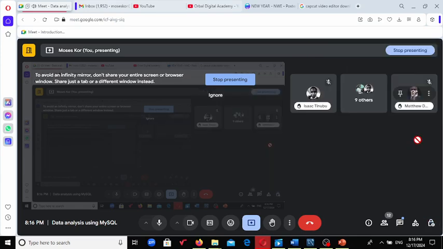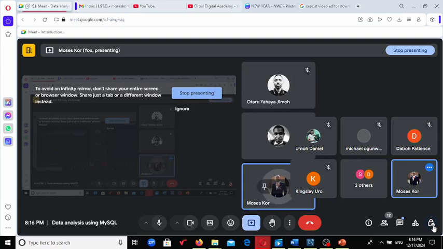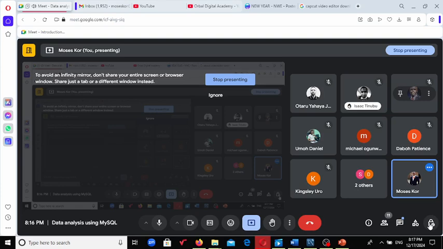This table now, we find the foreign key. So let's run this. So this table is also now created. Another table